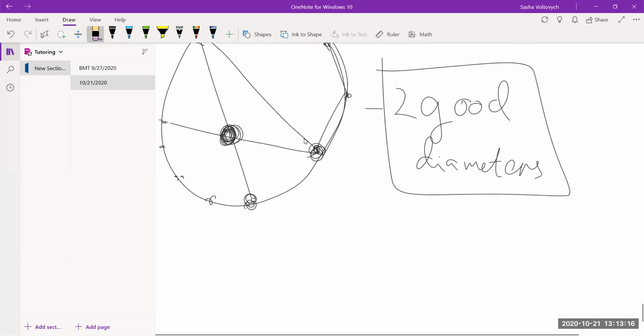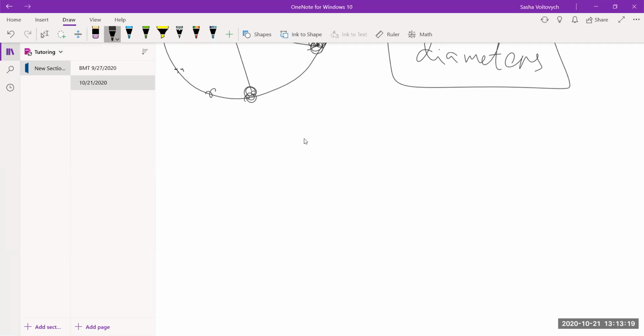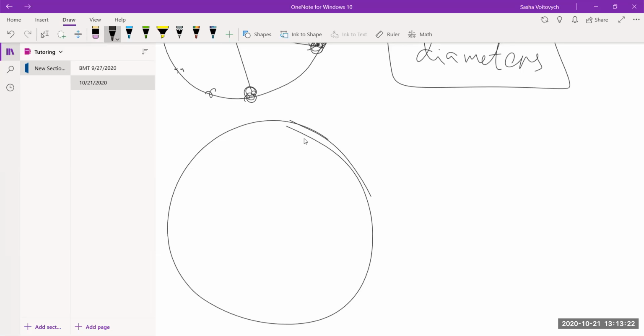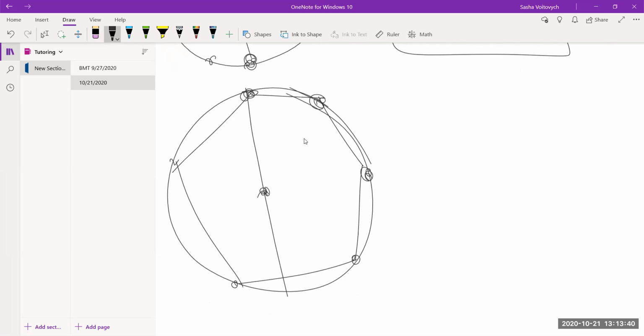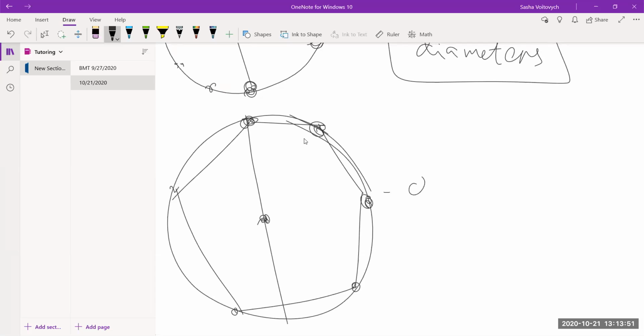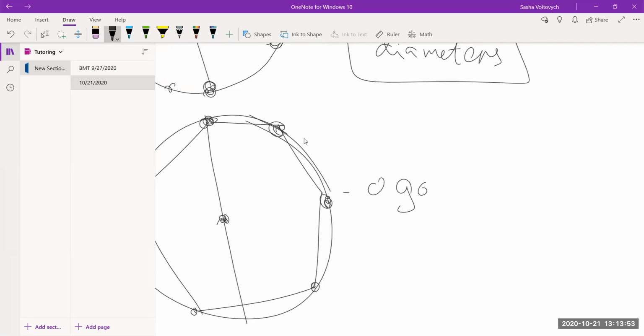Okay, what if the polygon contains the origin within itself? My claim is that it will have 0 good diameters, because for every diameter passing through the origin, if all points were on one side of it, for example here, then the polygon wouldn't contain the origin within itself. So all of them will be bad diameters. So 0 good